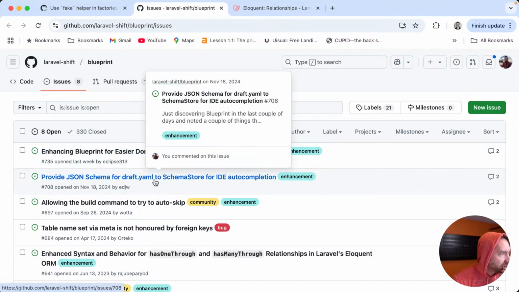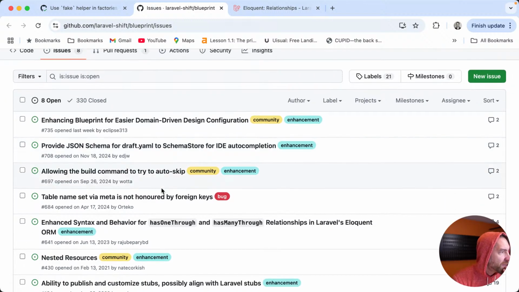Enhancing blueprint. Nope. Provide JSON schema. Whoa. Nope. Let's see here. JT Tom says it is shorter. It is shorter. Yep. There's no doubt. I've never been one to choose something just because it was shorter, though. I mean, along those same lines, you would write all your code on one line because it's shorter. I know that's not what you're saying, but that's just in my mind. Anyway,